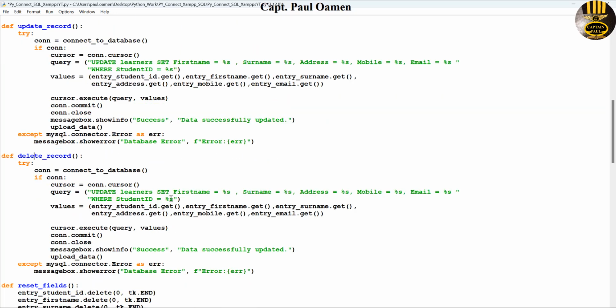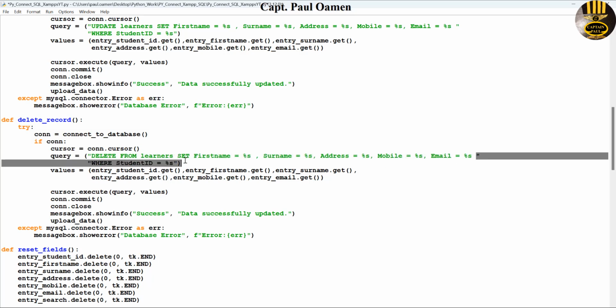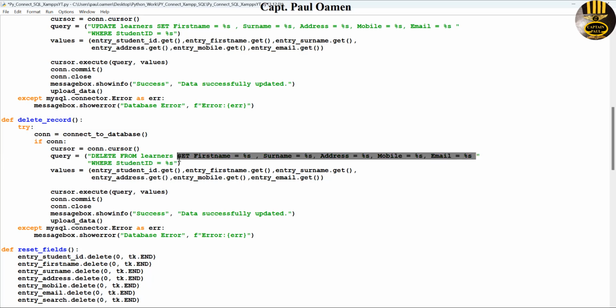There. Come right down here. We need to change the SQL query to delete from learners where the email, let's say where email equals